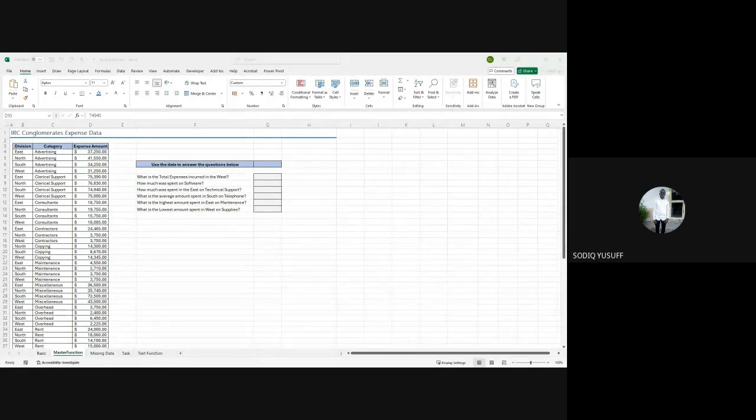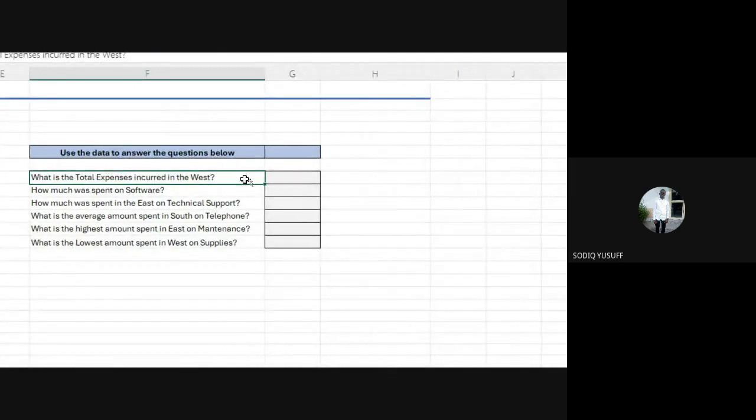So again, to your second question, how do I know the range and how do I know the condition, right? It is simple. All you need to do is first of all understand the problem. Now the question here is: what is the total expenses incurred in the West?